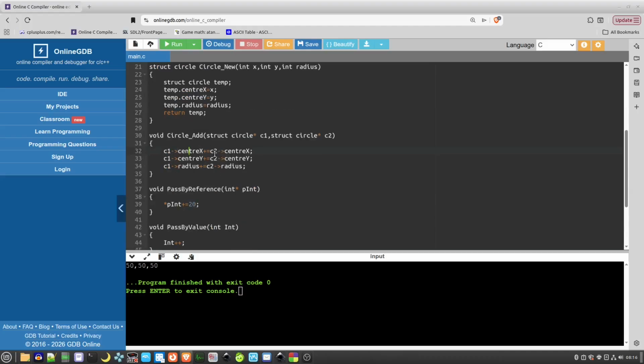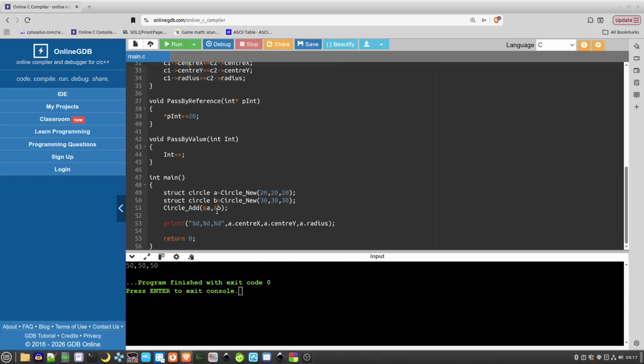So when you're passing them by pointer, you have to individually add things, whereas when you are working with them as value, so when you define them normally, you could just do